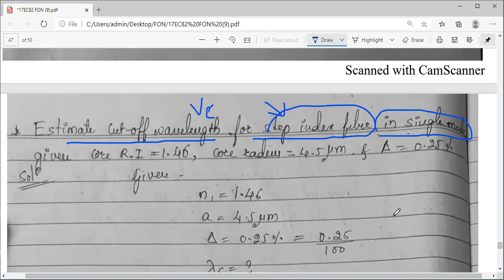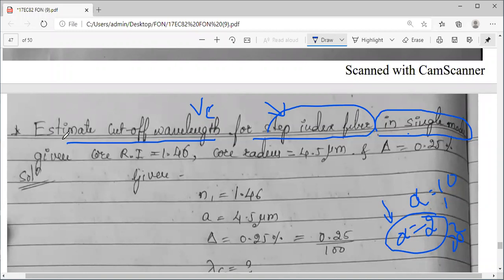Similarly, in the previous sessions, we have seen graded index fibers. When alpha takes different values, say 10, 1, 2, infinity, different shapes of refractive index profiles exist. So practically, which value do we take? For alpha equal to 2, we consider practical cases, which is actually a parabola structure. So many times in the problem statement, they will simply give a parabolic refractive index profile. They won't give you the alpha value directly. You have to assume that a parabolic profile is there, so alpha you have to take as 2.